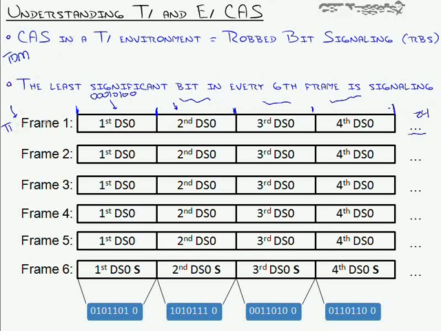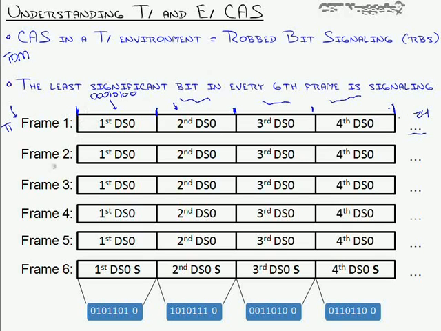So when I say frame 1, you can think of it in multiple ways. It's frame 1 of each one of these DS0s, or you can think of it as the first T1 frame that's sent, which is a whole bunch of frames bundled into one. Now at the very front of that, and I'll show you this later, is actually a little framing bit. Just like we have a header on our packets, or at the end of the data link frame in the data world, we had our CRC, or frame check sequence, or cyclical redundancy check, that we just add on. We have a little framing bit at the front of these T1 frames as well. Again, more on that later. I just want to emphasize this is a frame.